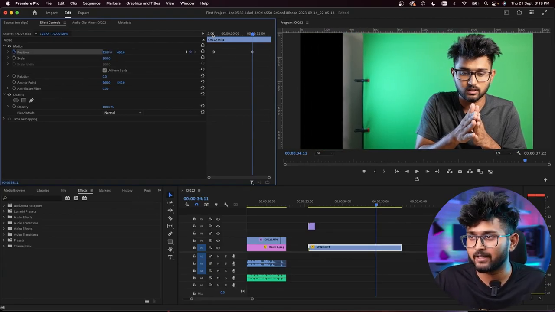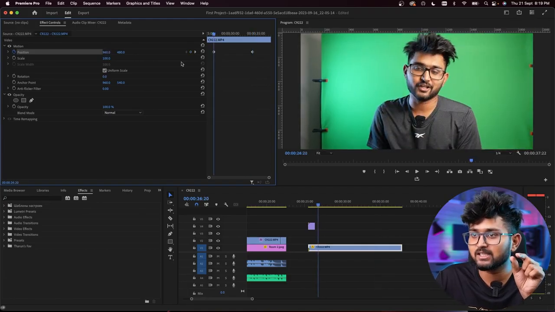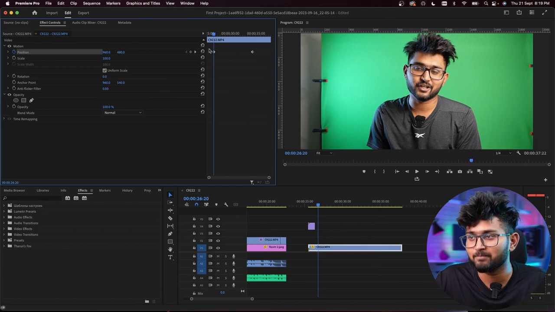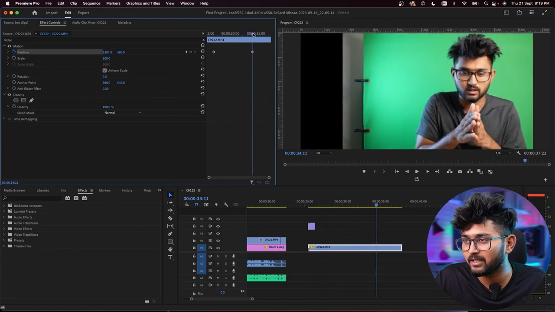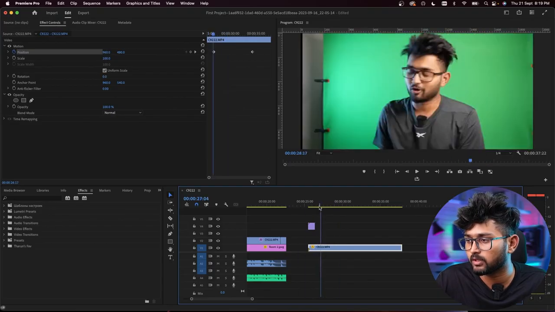What happened here is that at this keyframe, the position of this footage was 960 by 480, and when I came here it was at 1307. When I play it back, you can play it from here or here.